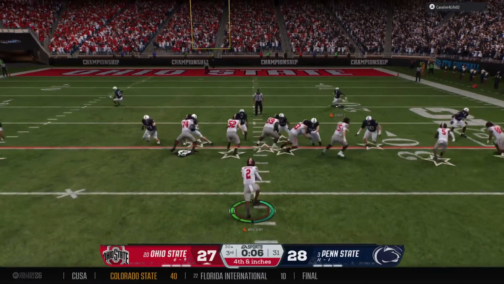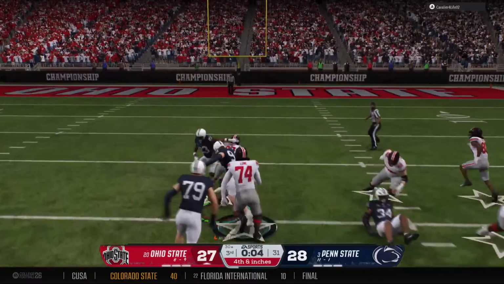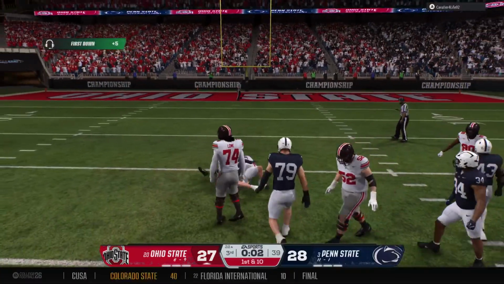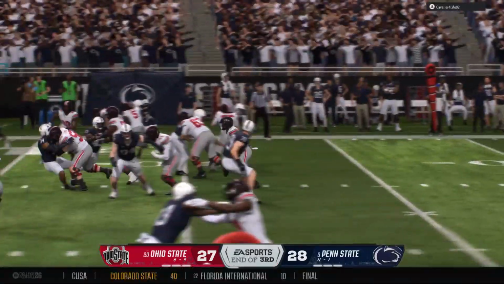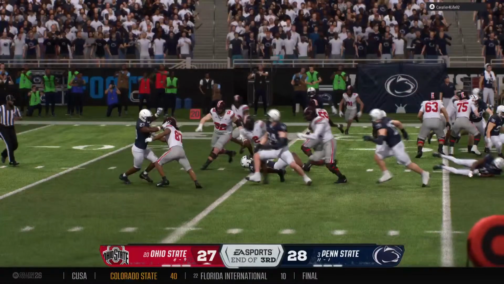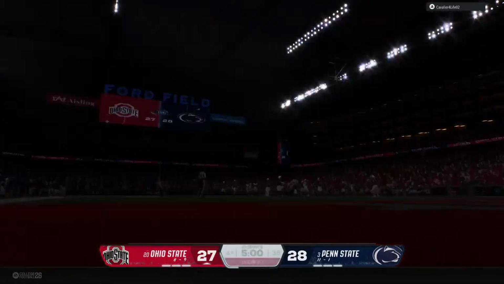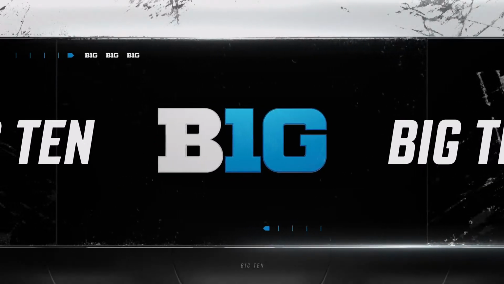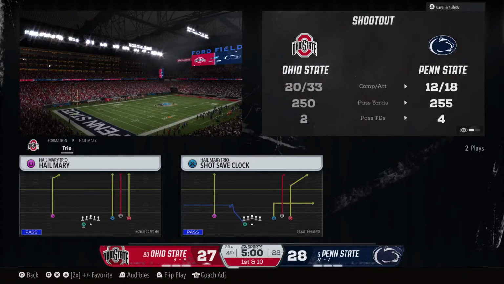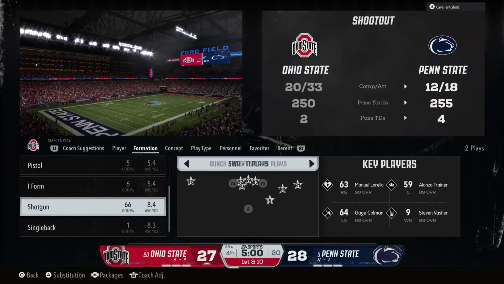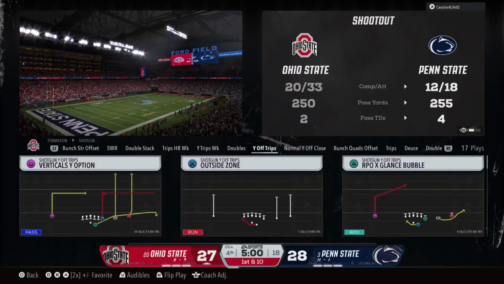Defense trying to jam these receivers at the line. And they bring him down, but that's enough for a 1st down as the clock runs down here in the 3rd quarter. And Kirk, it's Penn State on top as we break for the quarter. We've reached the end of 3. Time is running out to cut into the lead. Let's take a look at the game sets before we move on.